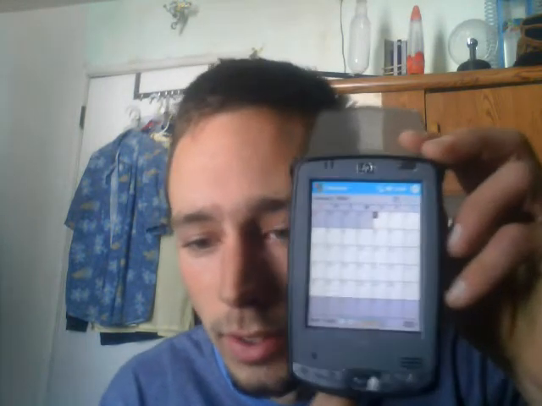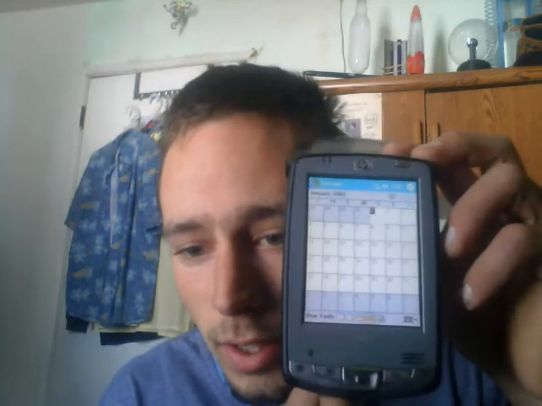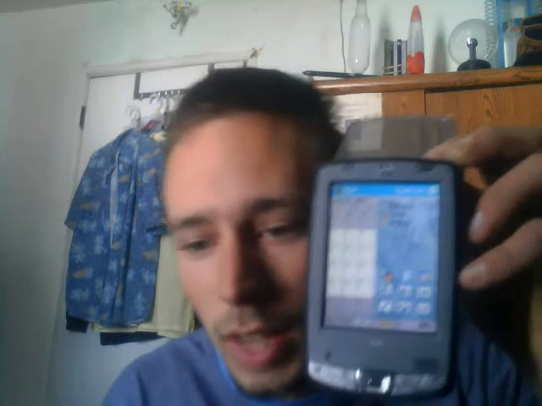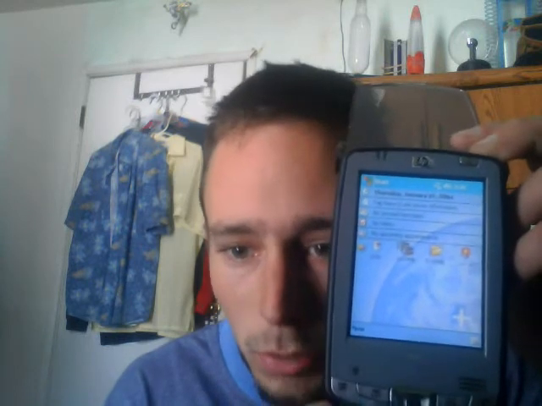This particular item, the Hewlett-Packard iPaq PDA, is a fairly nice device. It's got Windows Mobile 2003. It comes stock with 32 megabytes of ROM, which is read-only memory. Actually, I take that back. It comes with 64 megabytes of memory. So, depending on what you want your memory to be allocated for,